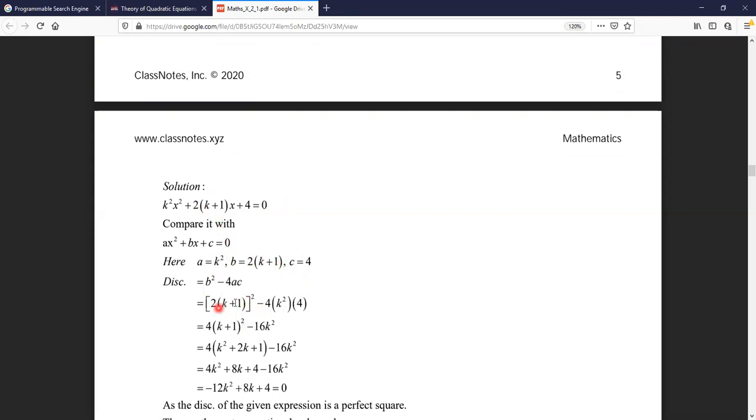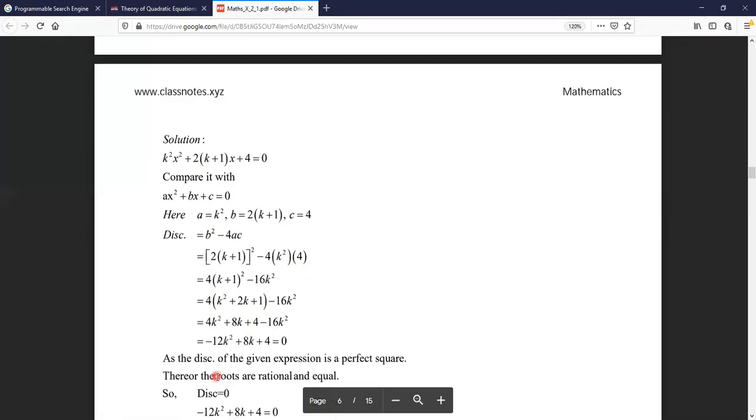So I'll put all the values in the discriminant. I'll apply the a plus b formula to 2k plus 1, that is a square plus 2ab plus b square, and minus 16, 4 fours are 16, k, by multiplying 4 inside the bracket, 4k square plus 4 twos are 8k plus 4 ones are 4, minus 16k, that gives minus 12k square plus 8k plus 4 is equal to 0,